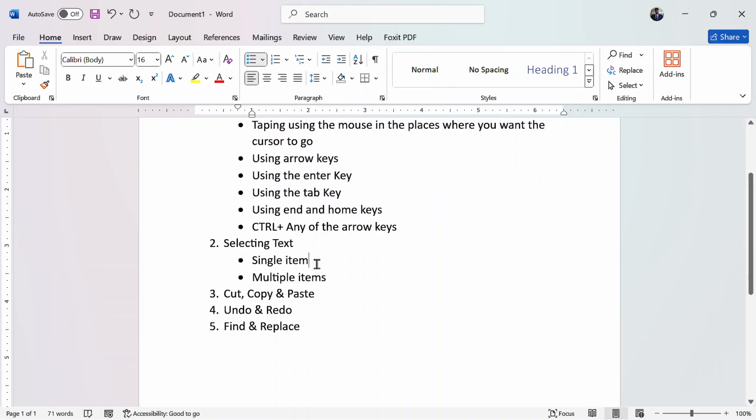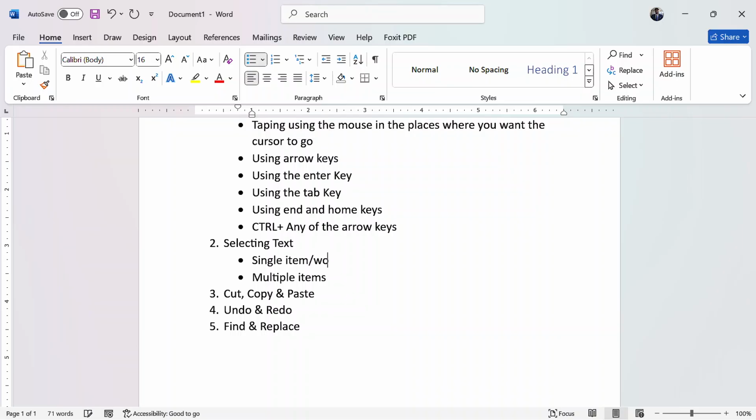When you're selecting a single item, for example, a single word, you can use the shift key.